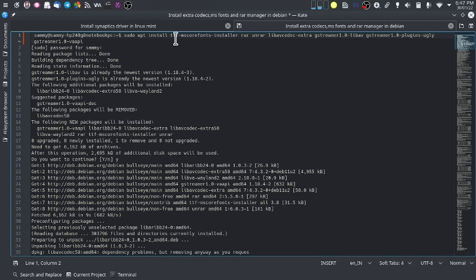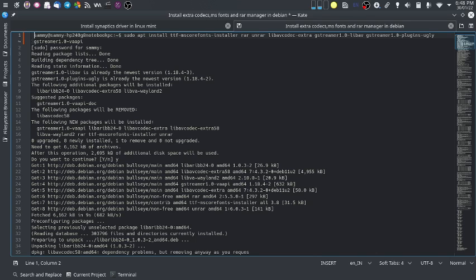Now exactly what we are doing is we are trying to install the TTF MS core fonts, that is the Microsoft fonts, using the terminal. So many times users want to create some professional documents with Microsoft fonts only. So they can use this command to install the Microsoft fonts in their Linux desktop and make some professional looking documents.